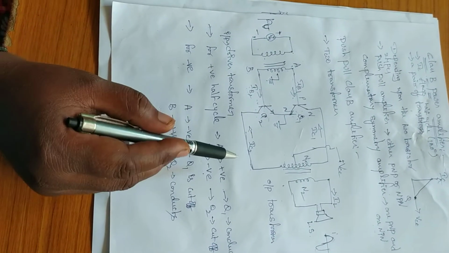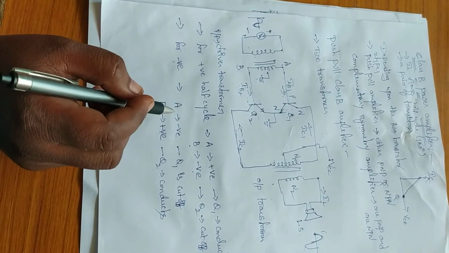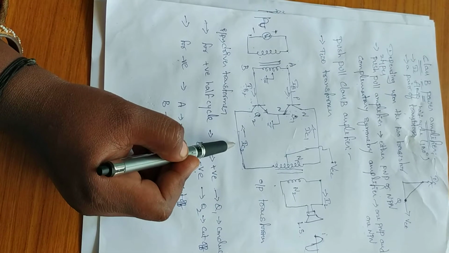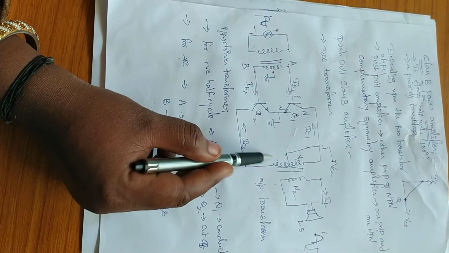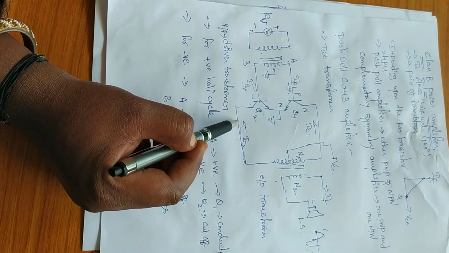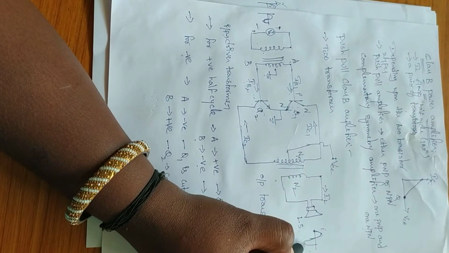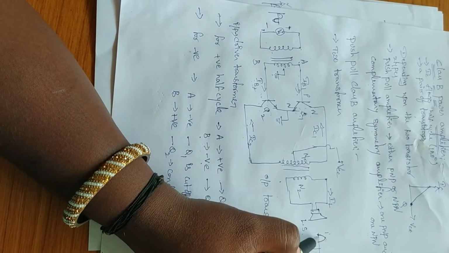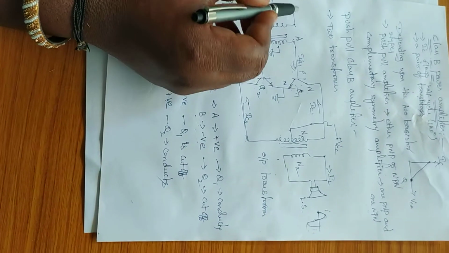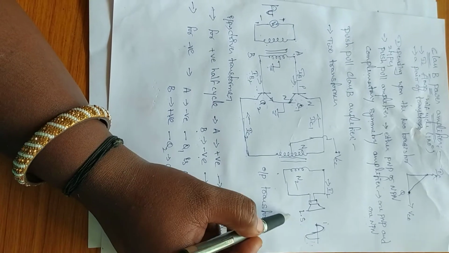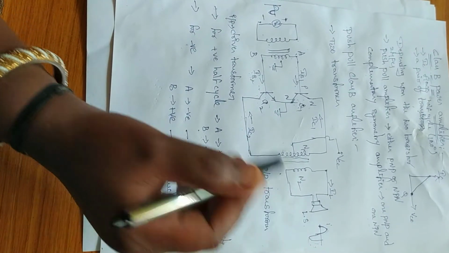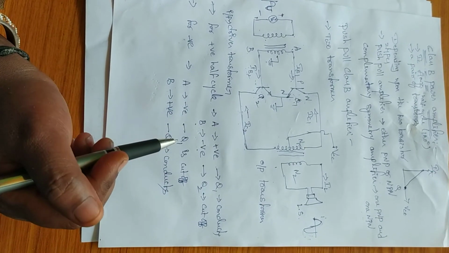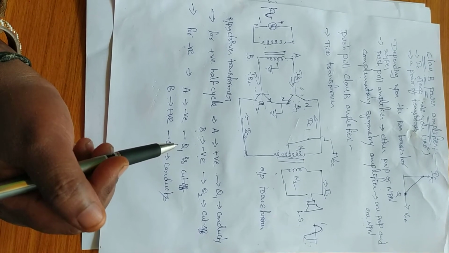Due to this, transistor Q1 is driven into cutoff, and at the same time Q2 is driven into active region. Then IB2 flows and IB1 is equal to 0. Hence, IC2 flows through the bottom of the output transformer. Thus, negative half cycle reproduced at the output. Finally, the full input cycle is available across the load. In next class, we will discuss the input base and collector output currents.